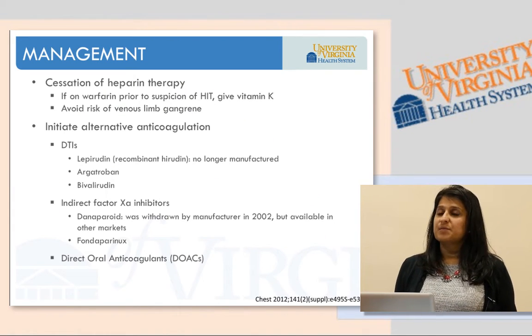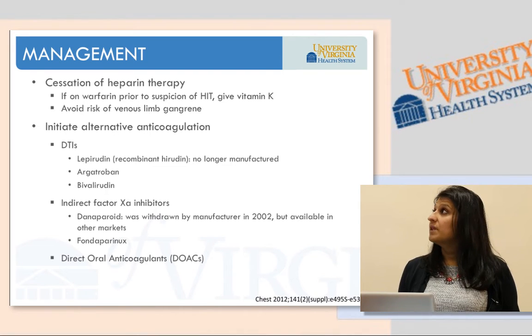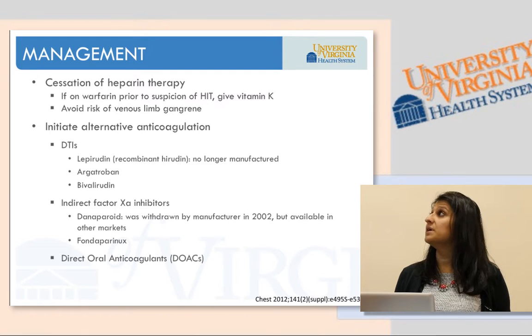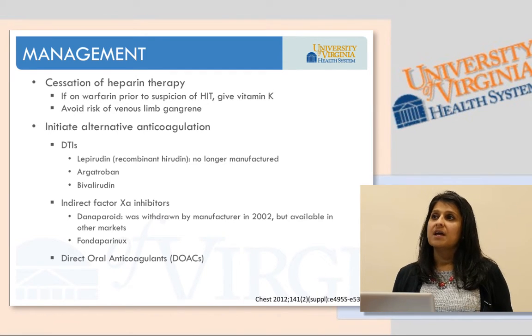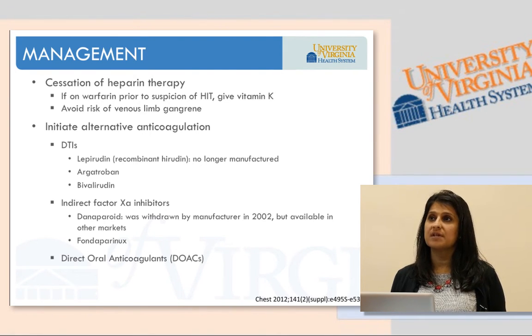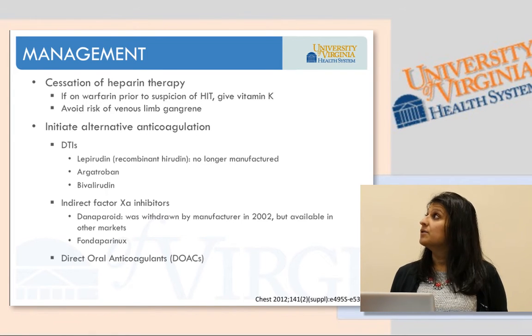So if the suspicion is high and the patient is confirmed with HIT, we would start considering the full management. The first step in this management would be stopping heparin therapy. If a patient was on warfarin prior to heparin infusion, prior to suspicion of HIT, we would want to reverse that warfarin. You would give either IV vitamin K or PO vitamin K. The reason why we're doing that is because we're avoiding the risk of limb gangrene that can develop in patients